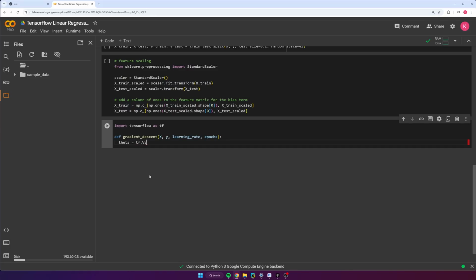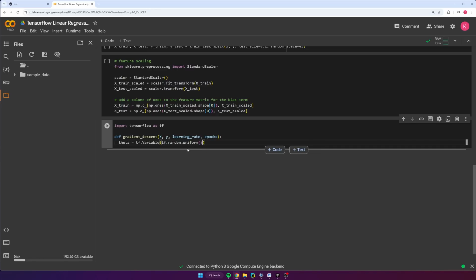So we'll do tf.Variable. And the reason we're doing a variable versus just a regular tensor is because the theta is the thing that's going to be changing in this, right? So theta is not a constant, and tensors are constants, so you need to have a variable instead of just a regular tensor because it's going to be changing, okay? And not only that, when we use a variable, we can do automatic differentiation as we learned about before. So obviously we're going to need that. So to this, we're going to do